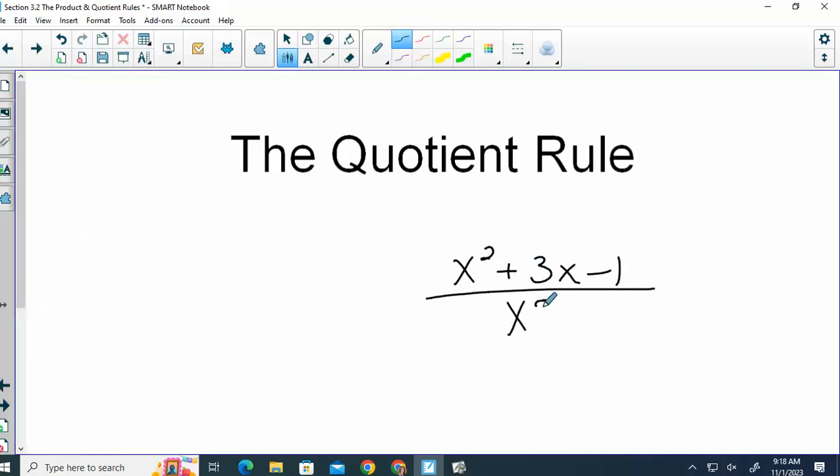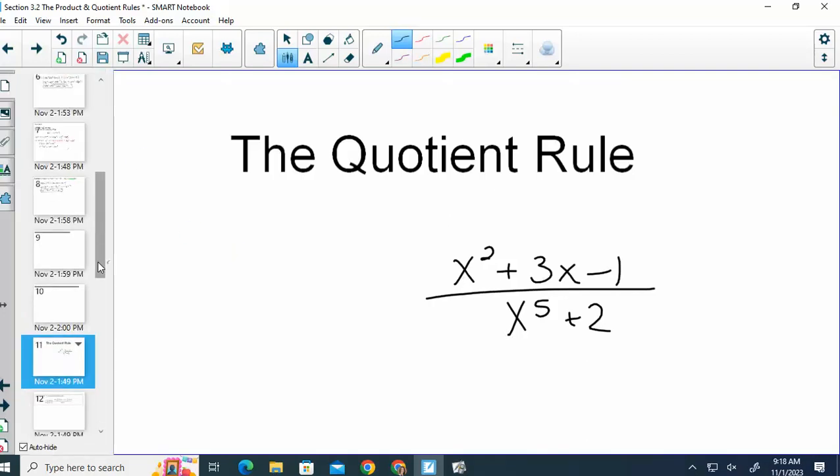could you simplify that first? No. We can't just bring up an x to the negative 5 because it has that plus 2 with it. So if it's more than one term on the bottom, we can't just write it as a negative exponent. And so we need a different option. So the quotient rule is